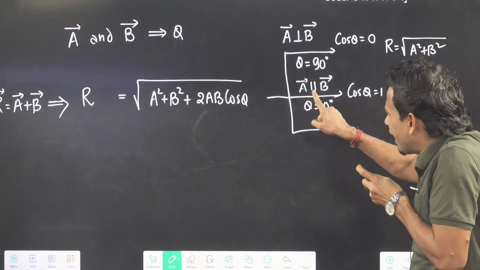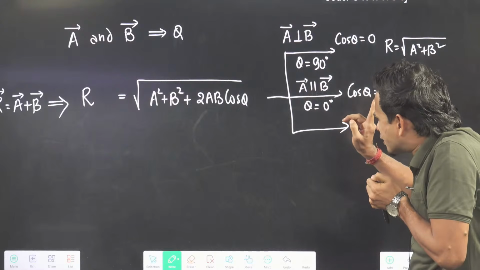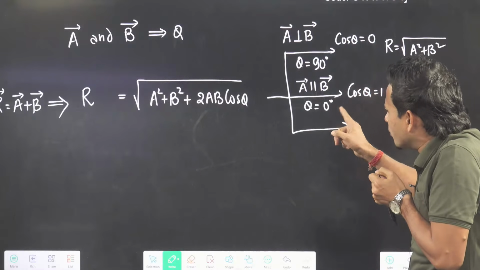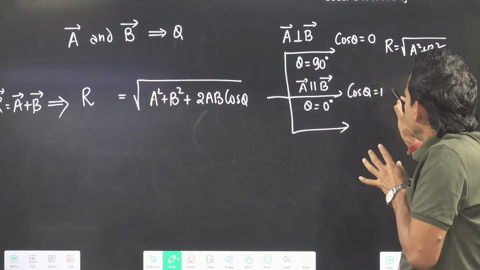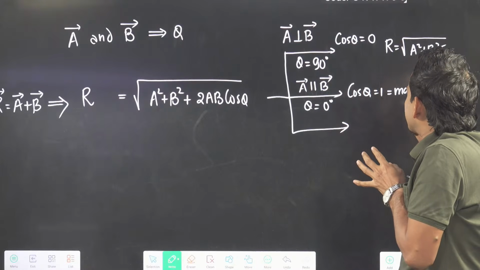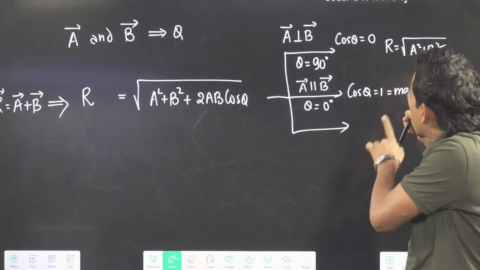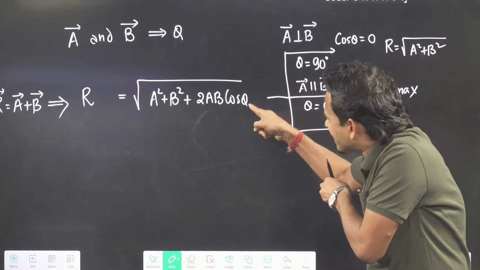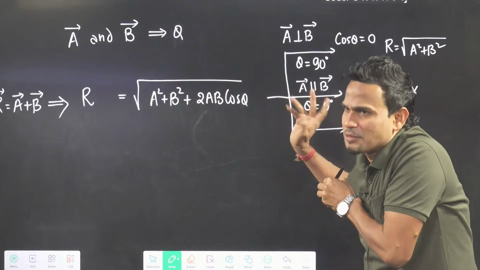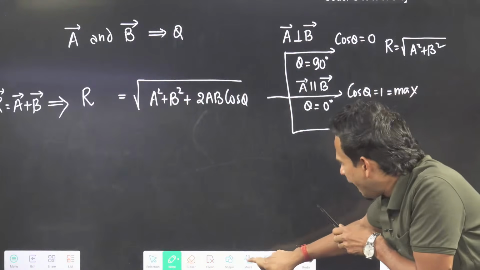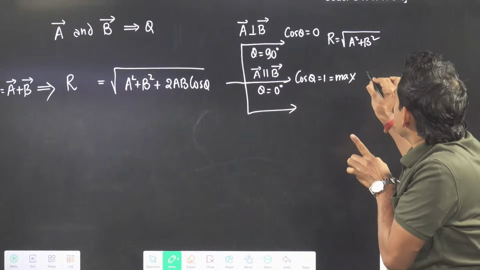Once you have A bar and B bar parallel, that means the angle between them is 0. Once the angle between them is 0, cos theta will become maximum, which is 1, the maximum value of cos theta. Once cos theta becomes maximum, the resultant will also become maximum, and that maximum resultant we can now write very easily. Resultant will become,